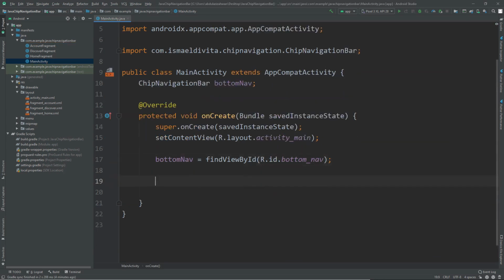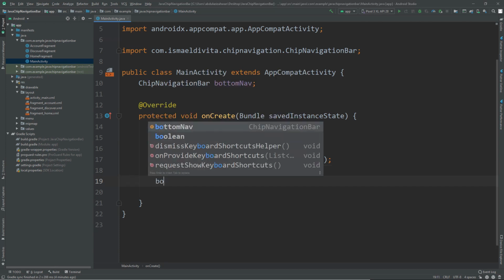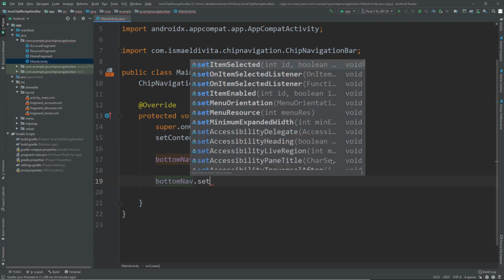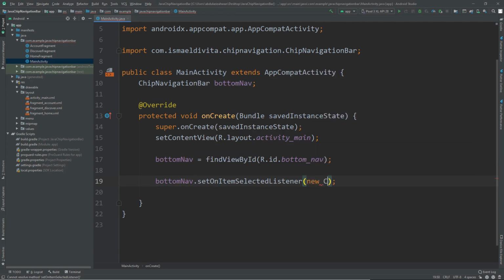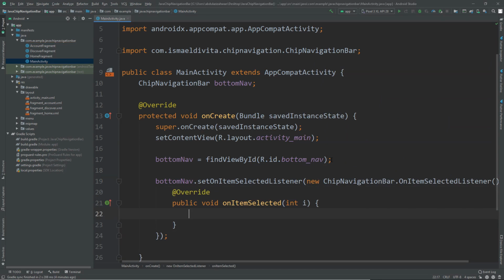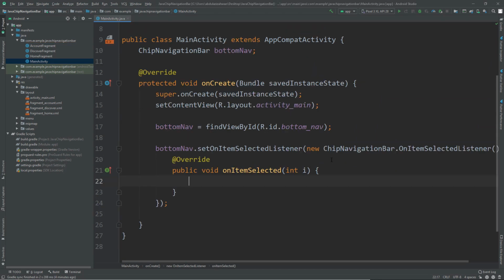So we say here findViewById, and we call our chip navigation bar here. As usual, we need to call our view, and then we need to say here setOnItemSelectedListener, and we say new ChipNavigationBar and so on, and it's automatically generated.